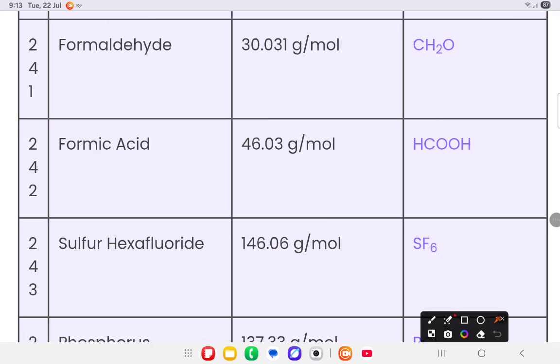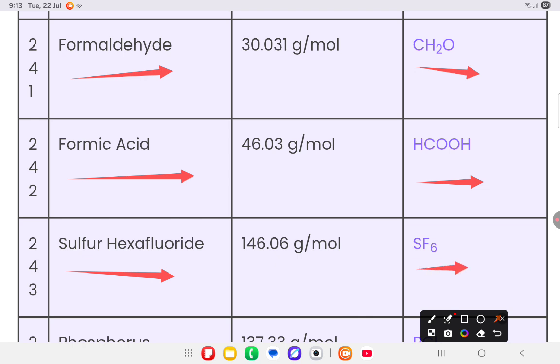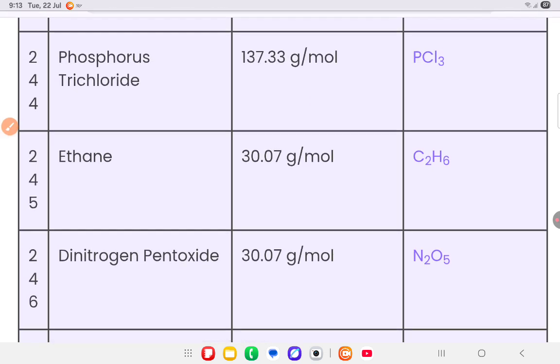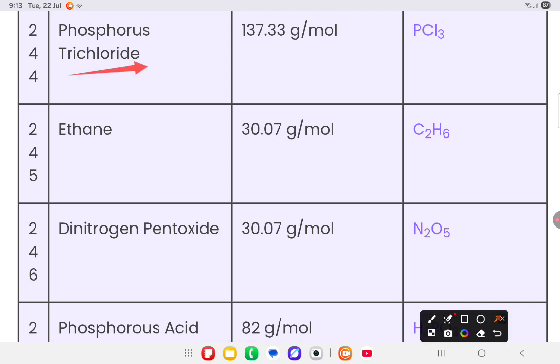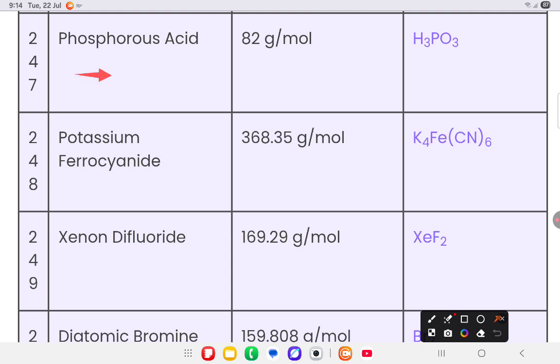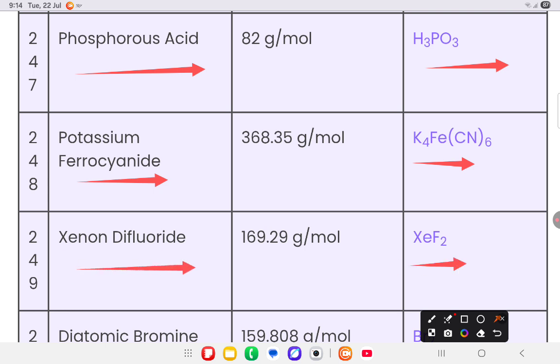formaldehyde that is CH2O, formic acid HCOOH, sulfur hexafluoride SF6, then phosphorus trichloride that is PCl3, ethane that is C2H6, dinitrogen pentoxide that is N2O5, then phosphoric acid that's H3PO4, potassium ferrocyanide that is K4Fe(CN)6, xenon difluoride XeF2,